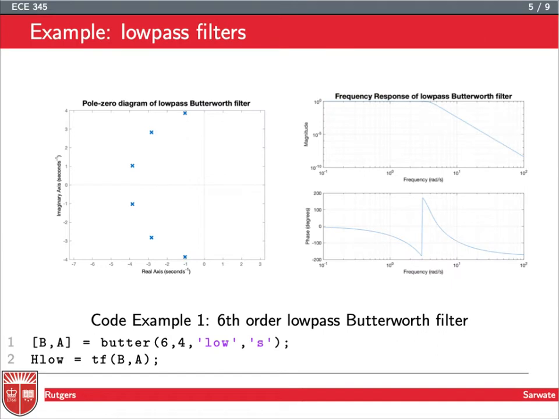So let's look at a couple of examples. The first we'll look at is a low-pass filter. We saw a simple low-pass filter before, a third-order low-pass filter, but this is a sixth-order low-pass filter with cutoff frequency 4. So what we can see is that much like we saw for the 3-pole case, these poles are arranged in a kind of semicircle, and that's because if you examine the impact on the frequency domain,